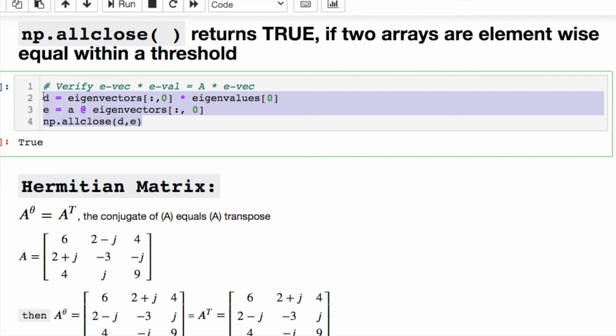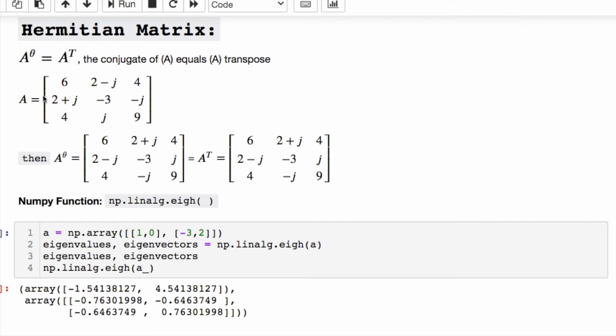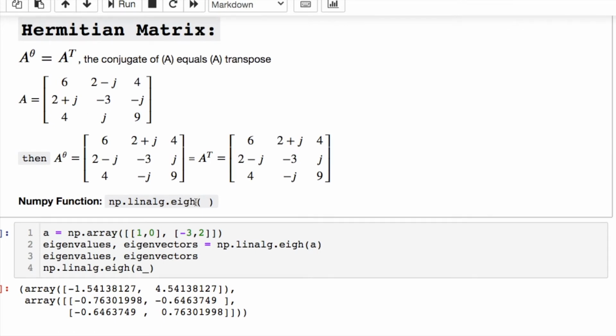We have a Hermitian matrix, and this is interesting because you can find the eigenvalues and vectors, and it's noted by this H. It's actually different because if your conjugate equals your transpose, then you have a Hermitian matrix.